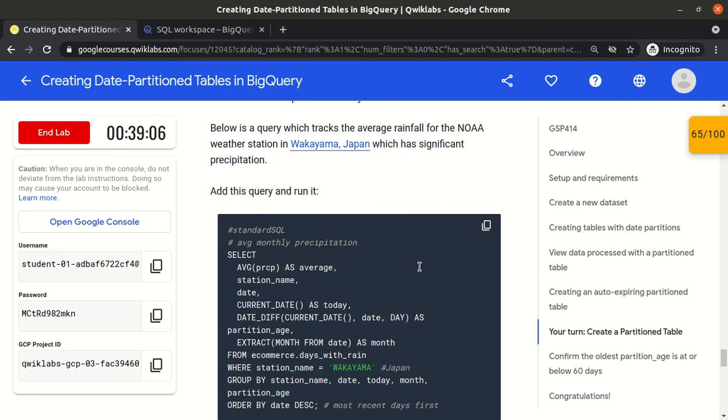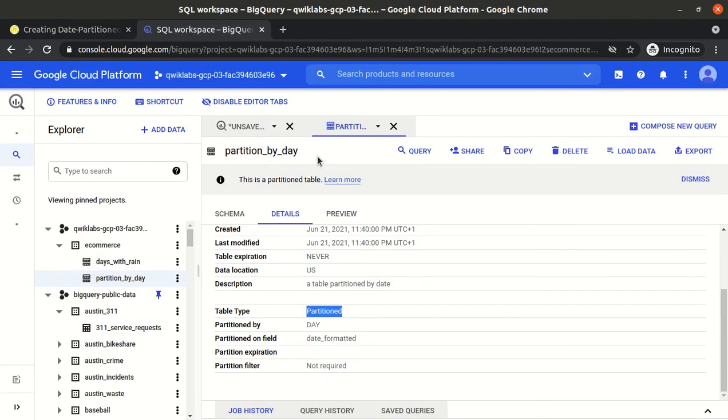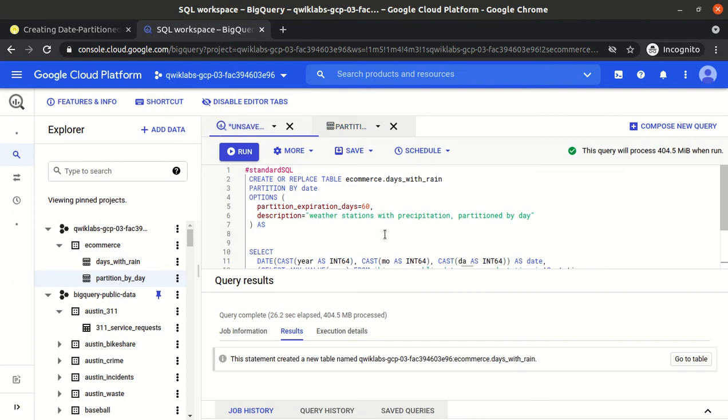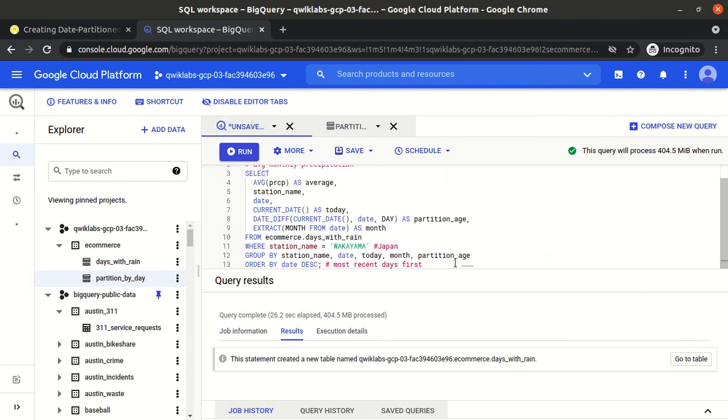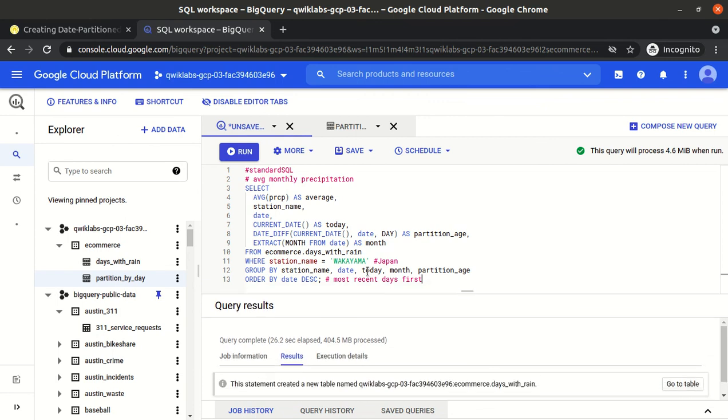Now we will execute a query, not the same query, a different one. Now we are running the query on our partition table.